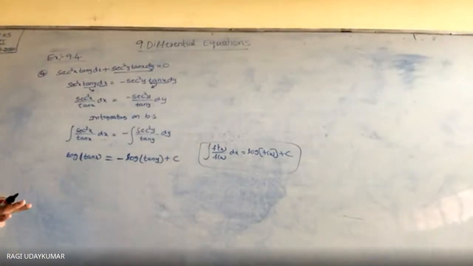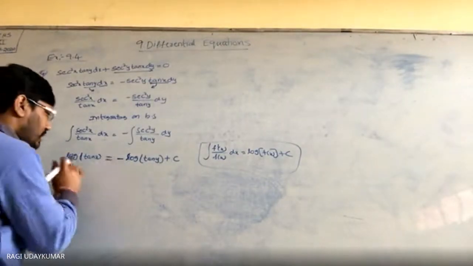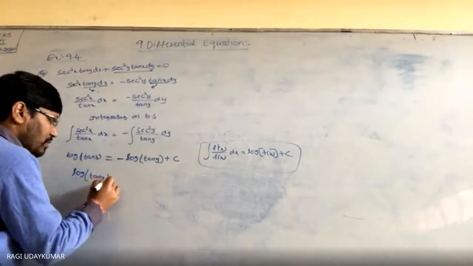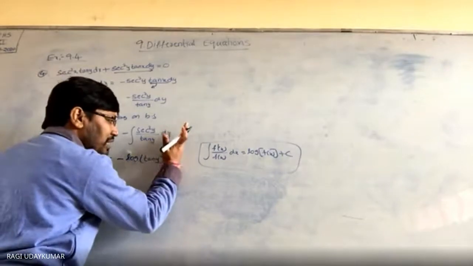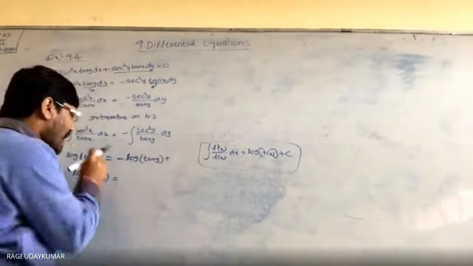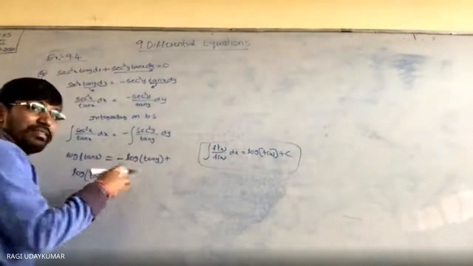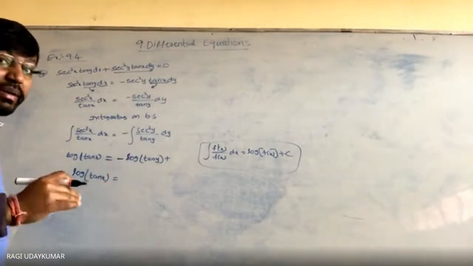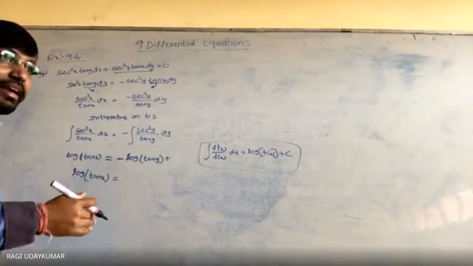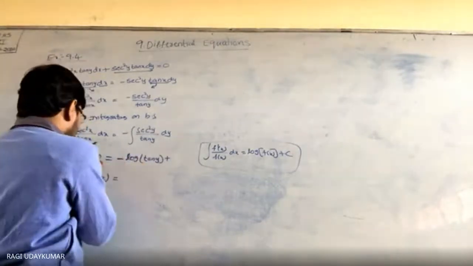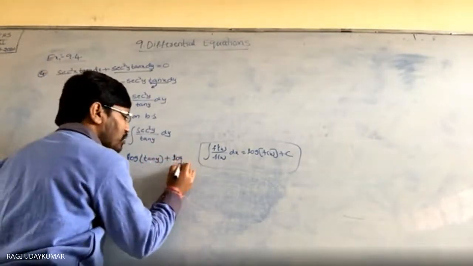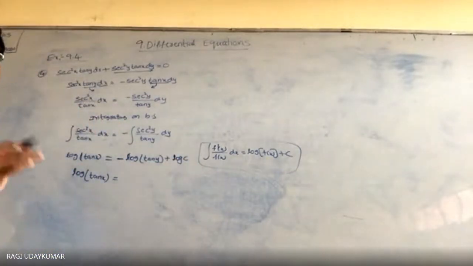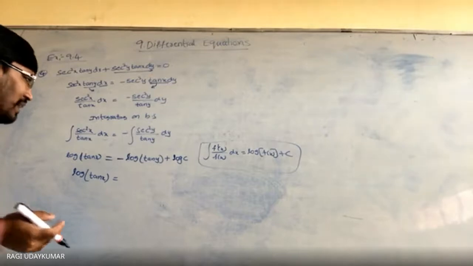Now here you can write this as logarithm of tan x. This constant c can be taken in any way, as logarithm is there. The solution is complete, but to simplify more, since logarithm is there, the constant can also be taken as log c. Can we take the constant as log c? Yes, you can take the constant as a log.